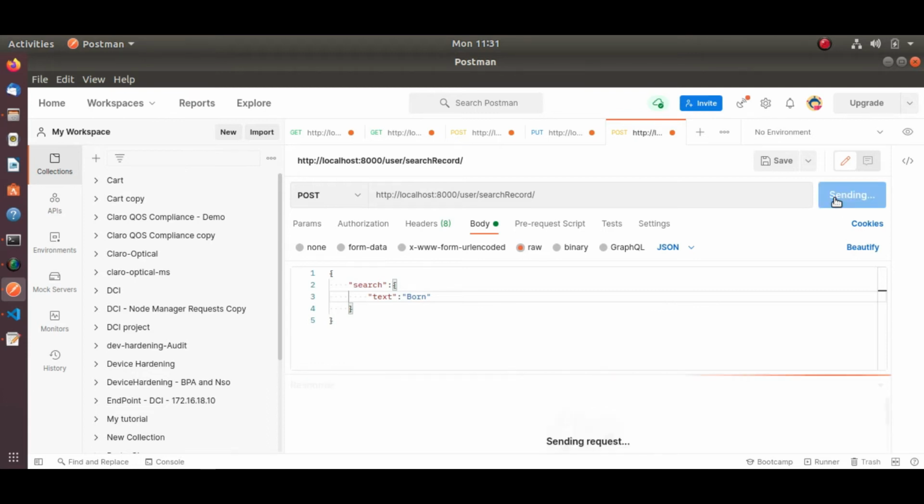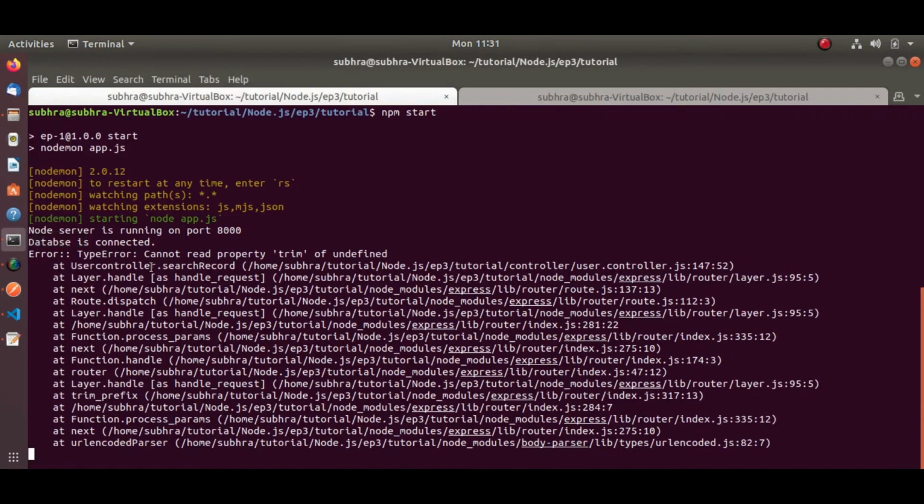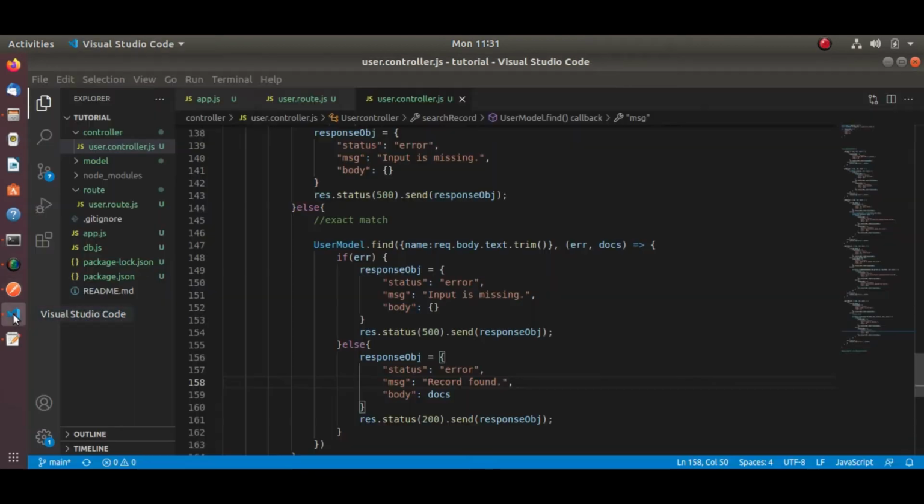So let me click on the send button and show you. Still some errors are coming. Cannot read property trim of undefined. Okay, let's resolve this issue.